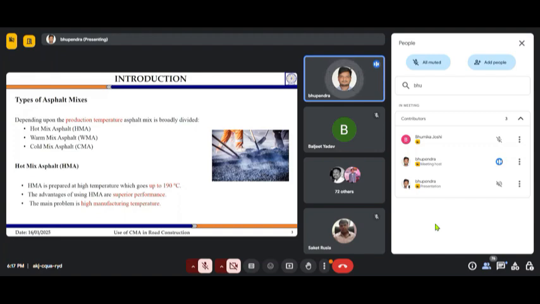But the main problem which is associated with HMA is its high manufacturing temperature. As we have seen, its production temperature goes up to 190 degrees Celsius, which is considerably higher than other types of asphalt mixtures. Because of this high manufacturing temperature, a lot of greenhouse gases are emitted into the atmosphere, because for heating up that material, you have to use some kind of fuel.